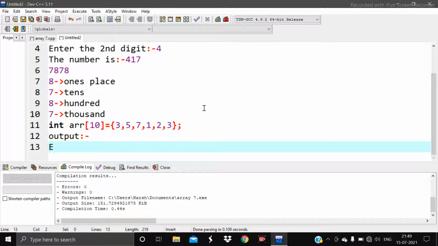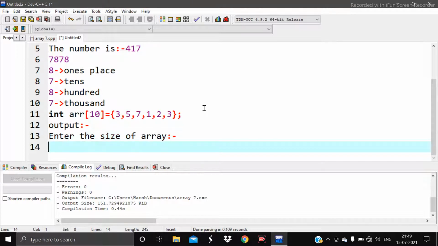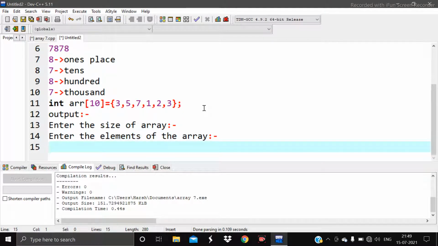The expected output is, firstly, the user gets a sentence: enter the size of array. Firstly, the user will enter the size, and then the user will enter all the elements of the array. So after entering all these elements, we have to check whether a number is repeating more than once or not. If it is repeating, we have to print